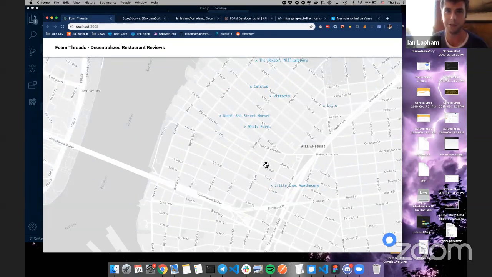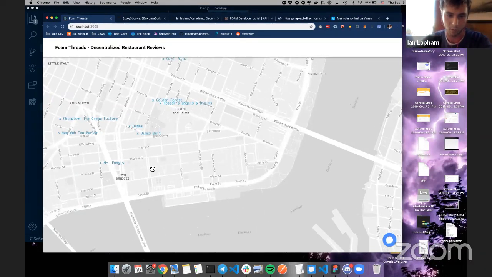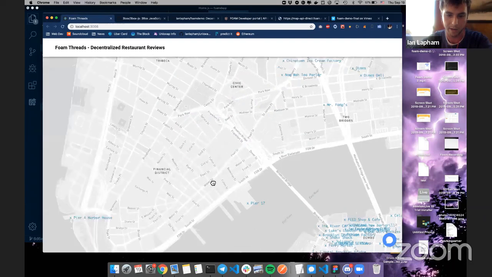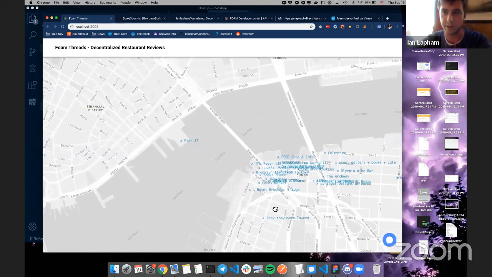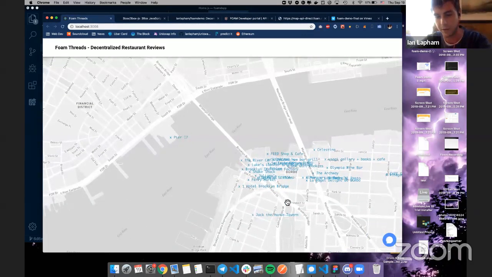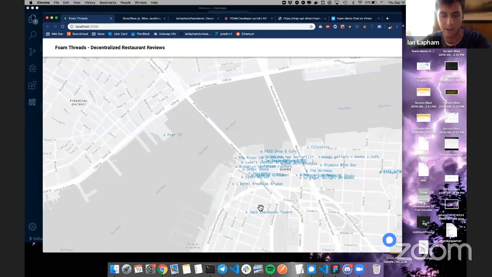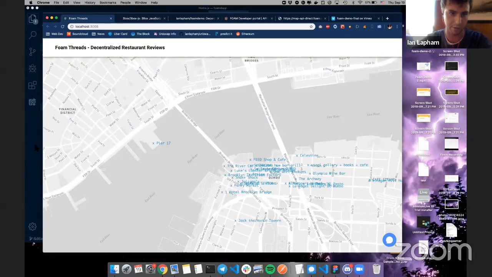I think in general, it's just a step one in seeing how can you tie profiles and user information and threading to create some type of reputation board or system around these locations on Foam. I think that's something that will be useful down the line. And I think this is something people can look at and get ideas like, oh, okay, that's how that works. It's that easy to make. And what can we do that's even more powerful?